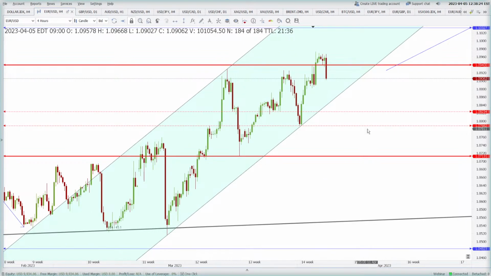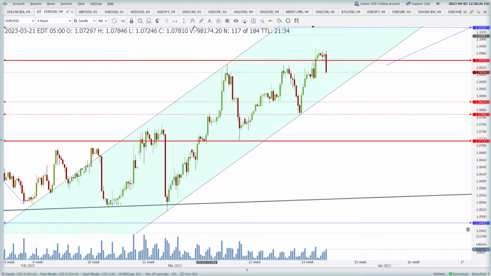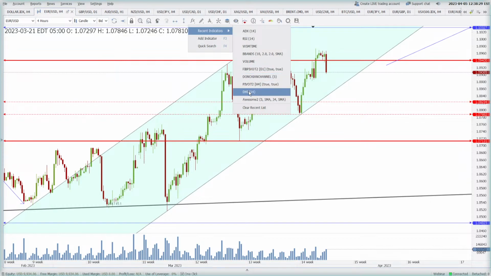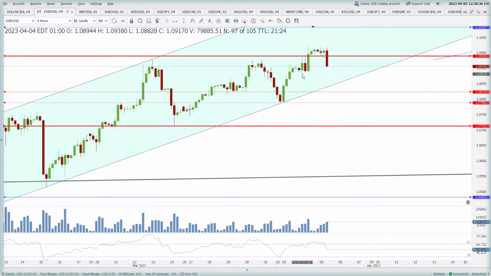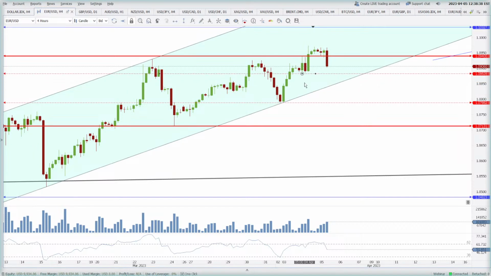Since the price is moving like this, I think I must put my RSI, although I'm not a fan of indicators, but RSI sometimes tells me what is happening. Now you see that the previous low was here. Okay, I think I should bring it here. So see, the previous low on the euro dollar was here. If we break lower, 1.0882 is an important level. After that, 1.0788 is the level which you should be watching for the lower price action.